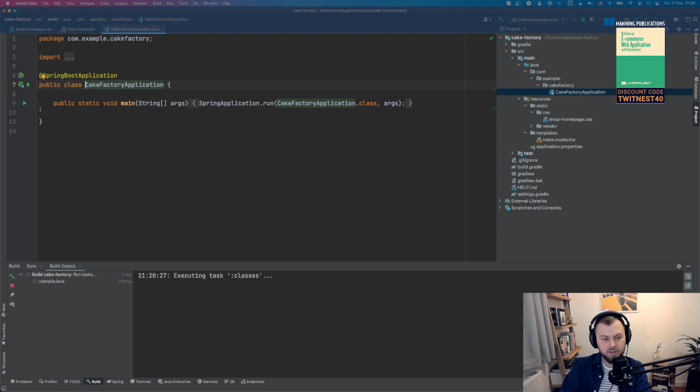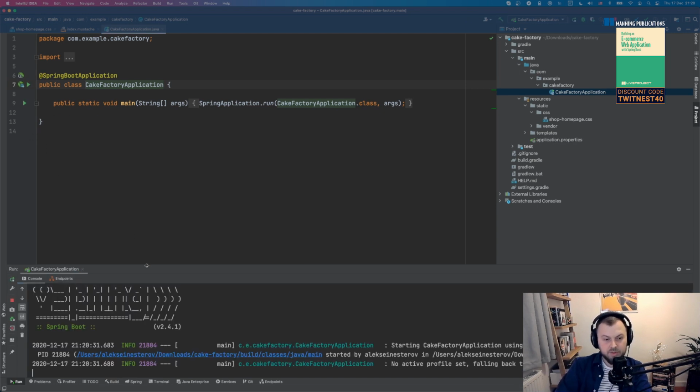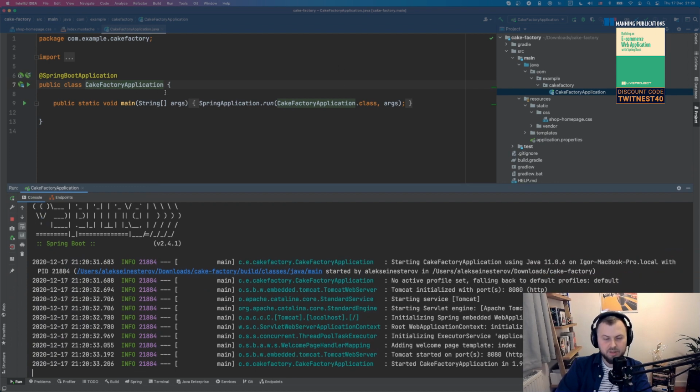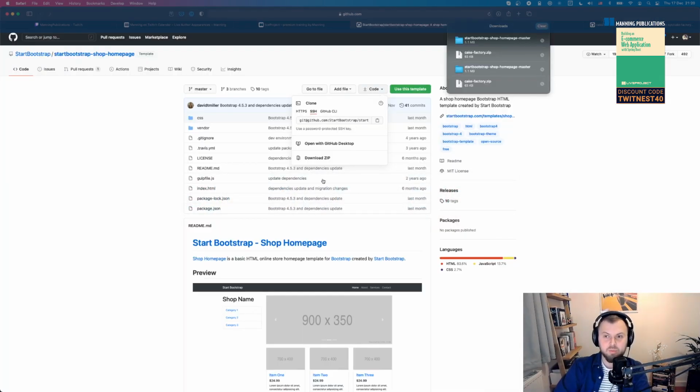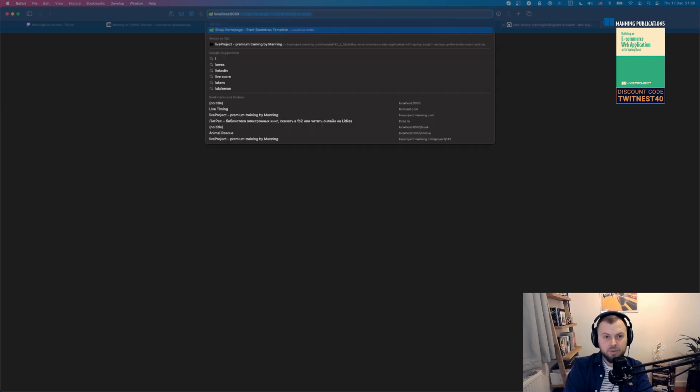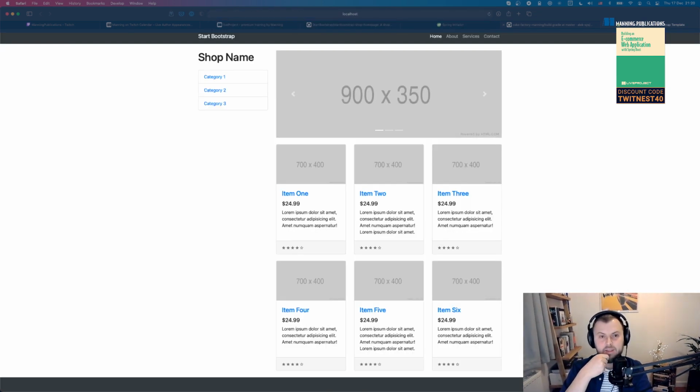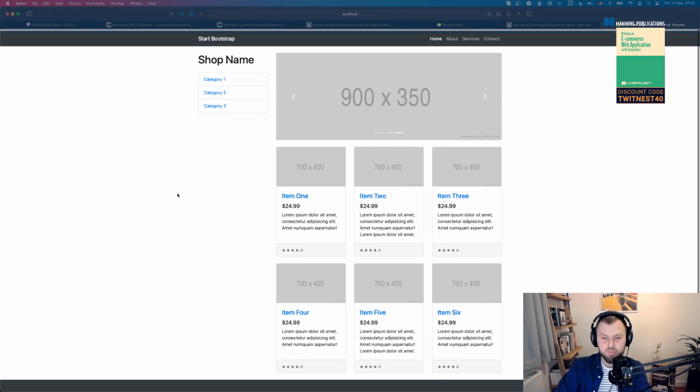So let's run the application, see how it goes. One of the reasons I like IntelliJ is that you can run the application from here, you can immediately see the application output in here, you can control it fairly easily with the run parameters, so it's pretty cool. But as I said, any IDE would do. Right, so let's go to our localhost and see. So this is our Spring Boot application serving our index template, and this index template is using the static files provided by the template we downloaded, and we see our first milestone up and running.